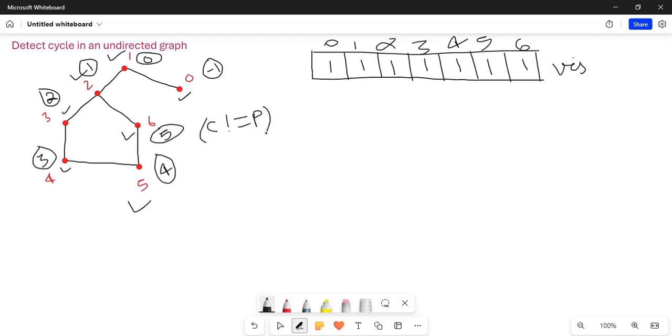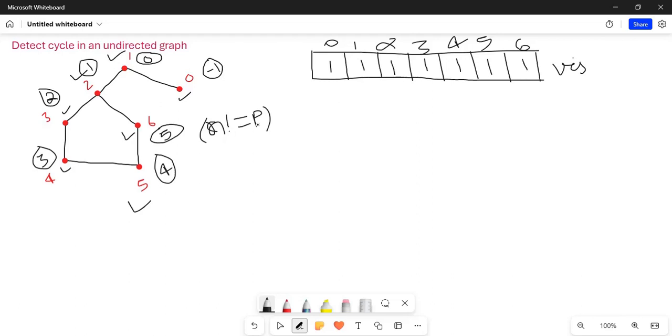Here the child of 6 is 5, that means 6 called its child, or neighbor. We can say child or neighbor. Here the neighbor of 6 is 5.